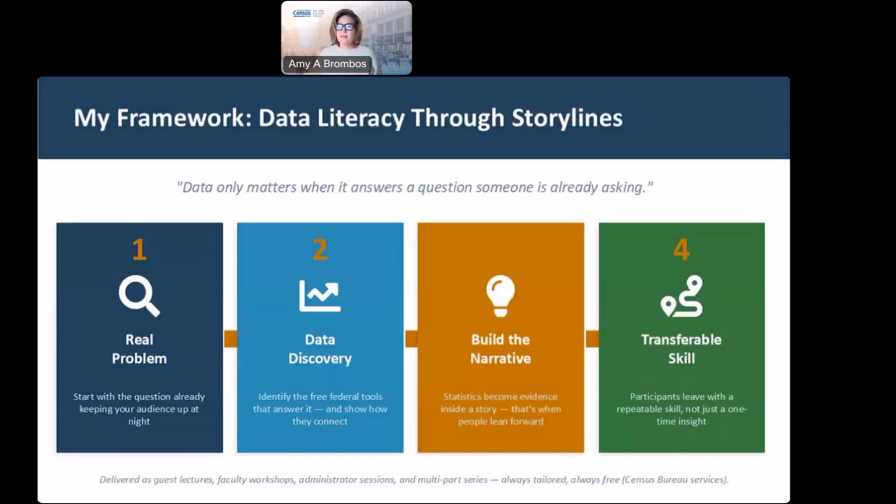I'm going to describe the 4-step framework that I use to develop my presentations and trainings. And I know many other data dissemination specialists use a process similar to David's, similar to mine, and sometimes in the middle. But I like to start with the real problem, the problems that are keeping you, your faculty, your staff, your administration, your students up at night, or the one that's sitting in that VP of enrollment's inbox right now. Then we locate free and accessible federal data tools that answer those questions